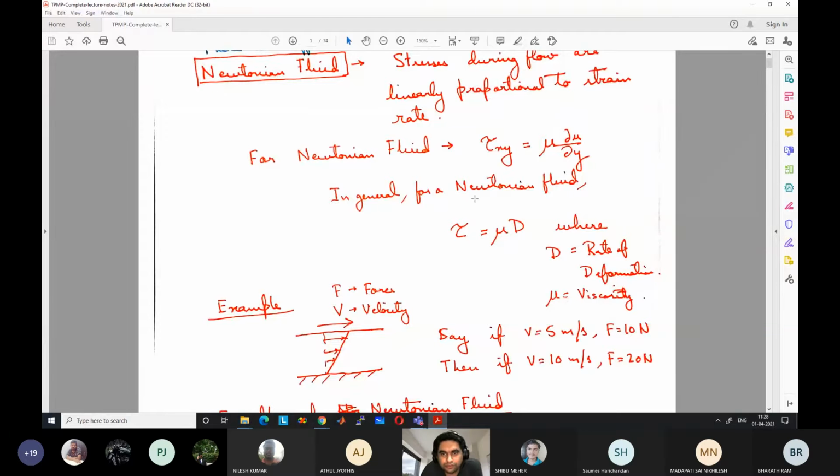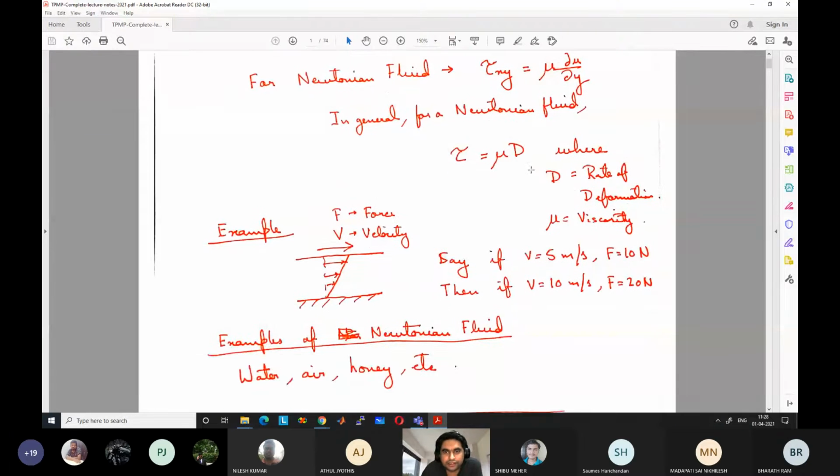So in general, for a Newtonian fluid, we can write the general shear stress tensor. I have not gone into what is the form of the tensor here, but it has 9 components, and the general stress tensor tau is proportional to the rate of deformation tensor D. Again, we have not gone into what the deformation tensor is here. We will show it in the next class. But in general, if there are deformations in all directions, the stress in all directions will also be proportional to the deformation in all directions, where the constant of proportionality will be the viscosity mu.